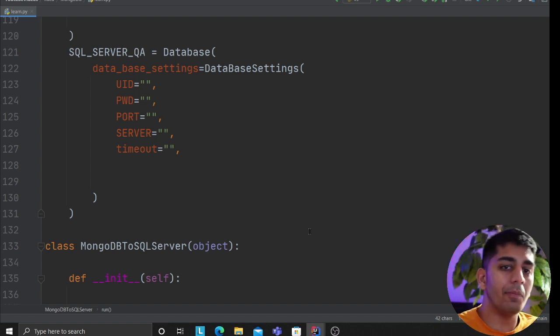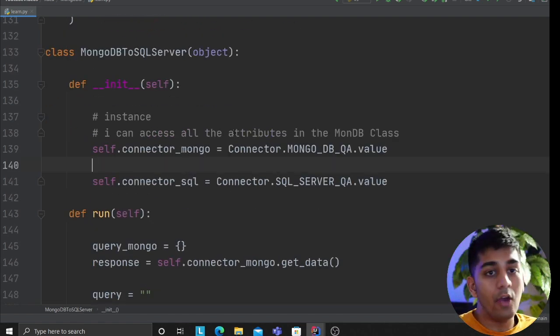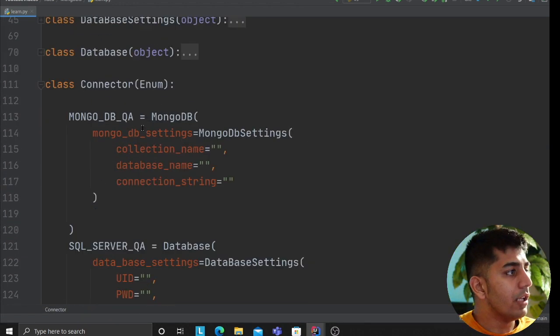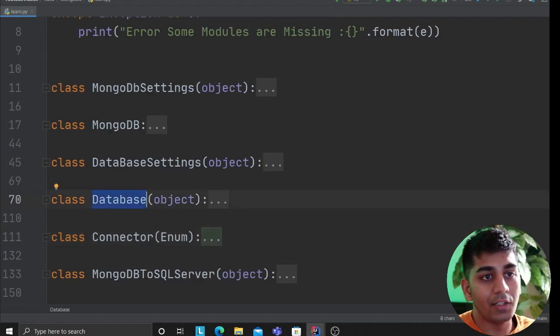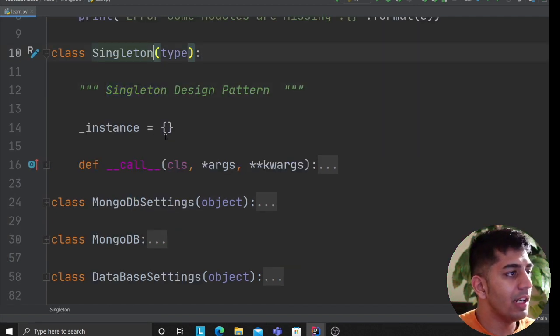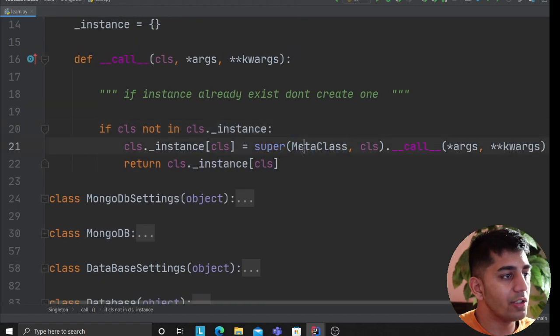Try to use this approach and let me know, okay? I've been using it a lot, as I said. I hope you will enjoy this as well. One more couple of things you could do: whenever you're working with a database, you don't want to create multiple instances of the class. That's where you can also use something called a design pattern, right? Over here, I'm going to use a singleton design pattern that prevents creating multiple instances of the class, okay?